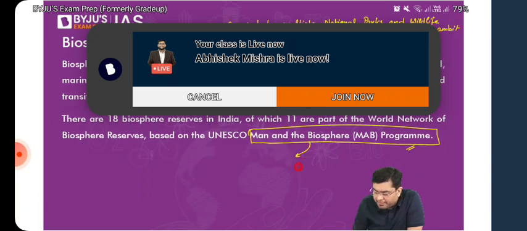So you have around 18 biosphere reserves in India. Which is the largest biosphere reserve that we have in our country? Do we have any clue about that? The largest biosphere reserve that we have, the shortest one that we have. No, it is not the Giri. The largest one is the Run of Kutch. So Run of Kutch is the largest biosphere reserve, and the smallest one is the Dibru Saikhowa one. So the largest reserve in India is the Kutch Biosphere Reserve.